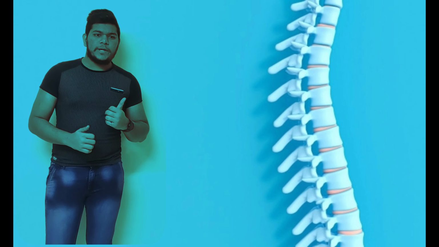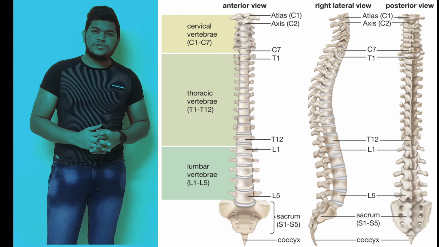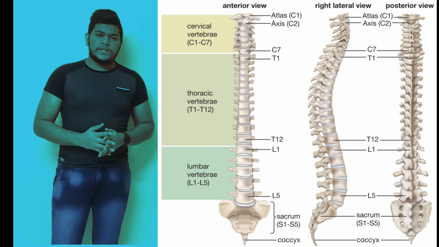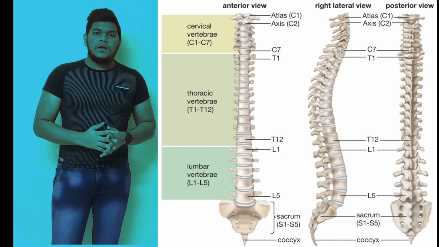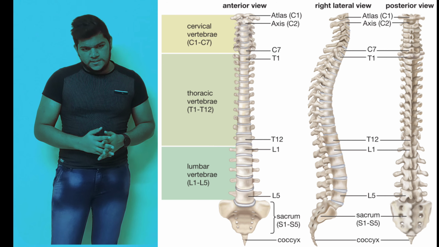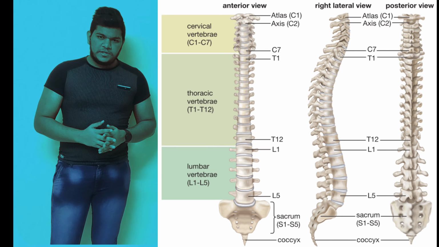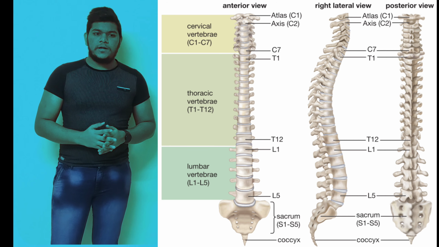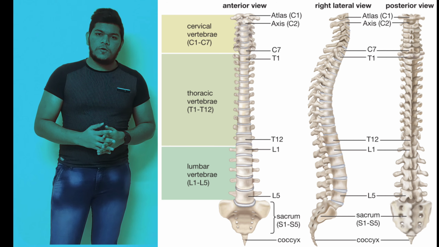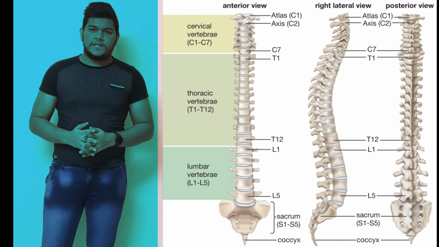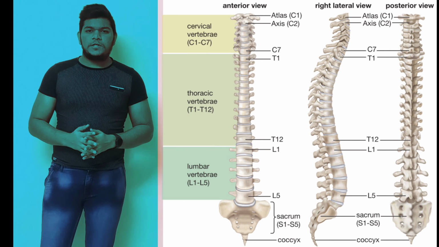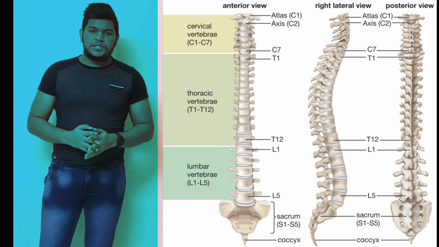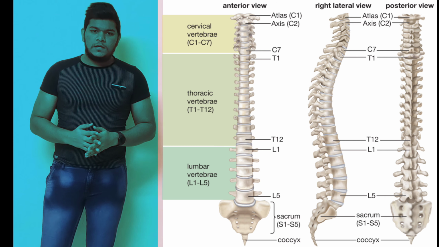So as you can see on my left, the vertebral column is a central bony pillar of the body. The vertebral column is a series of approximately 33 bones called vertebrae, which are separated by intervertebral discs. It is composed of 33 vertebrae: 7 cervical, 12 thoracic, 5 lumbar, 5 sacral and 4 coccygeal. However, it consists of 26 bones because 5 sacral vertebrae fuse to form one sacrum, and 4 coccygeal vertebrae are fused to form one coccyx.